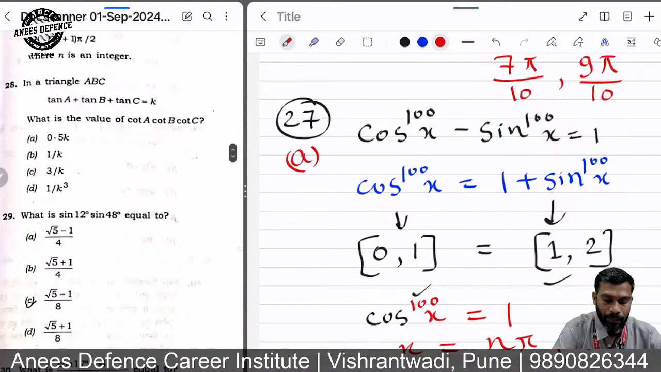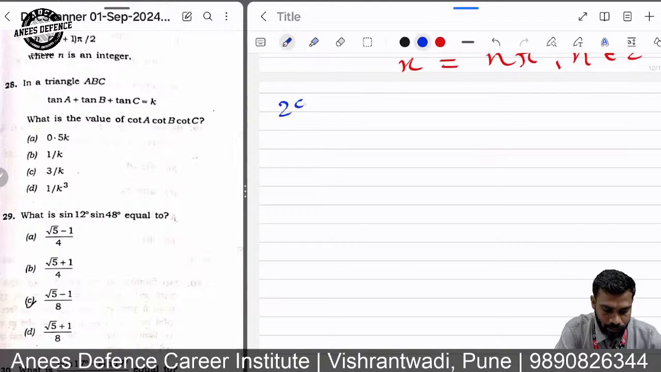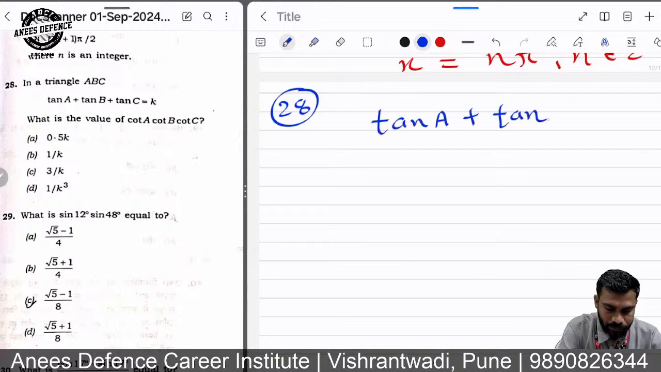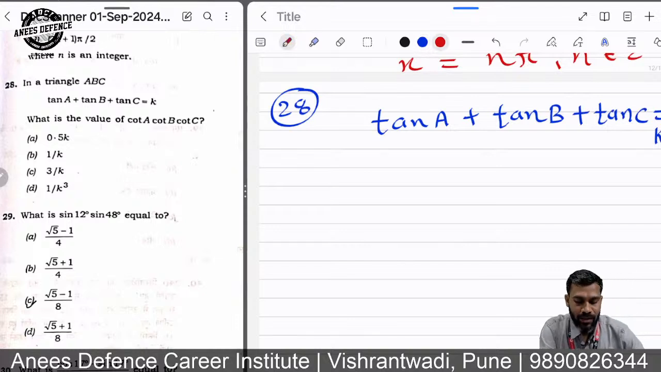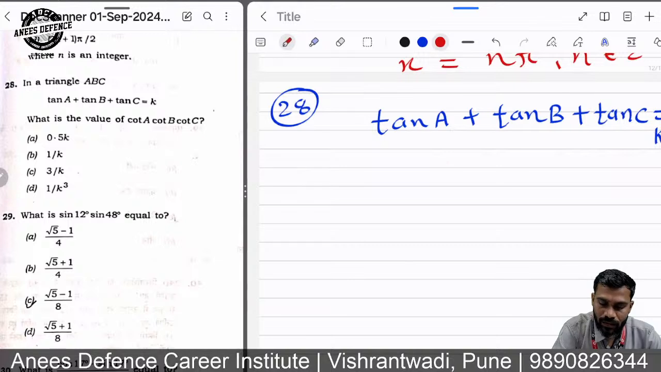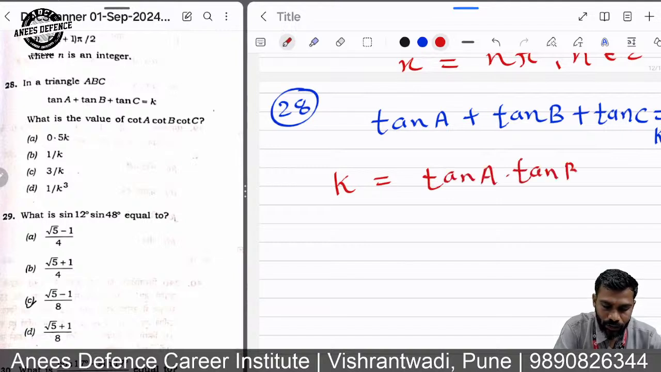Now, number 28. In a triangle ABC, what we have got? Tan A plus tan B plus tan C is equal to K. So we already know that in a triangle ABC, tan A plus tan B plus tan C is tan A into tan B into tan C using the property. So K will be tan A into tan B into tan C, right? So 1 by K will be cot A into cot B into cot C,